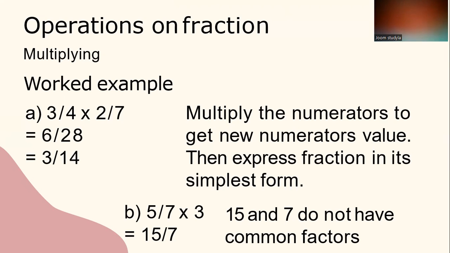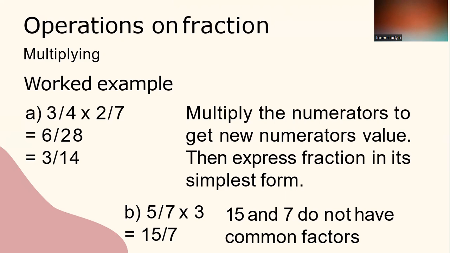So for this example, 3 over 4 multiplied by 2 over 7. First, you have to multiply the numerators to get the new numerator value. Then express the fraction in its simplest form. For example,